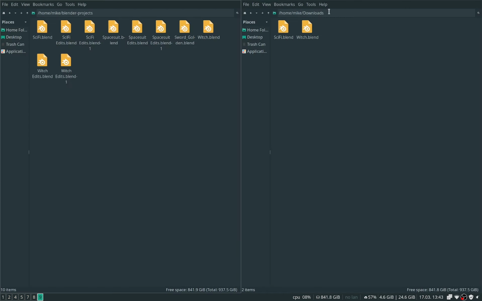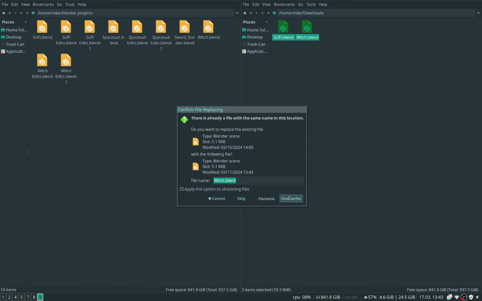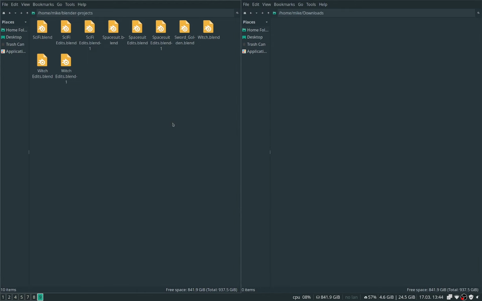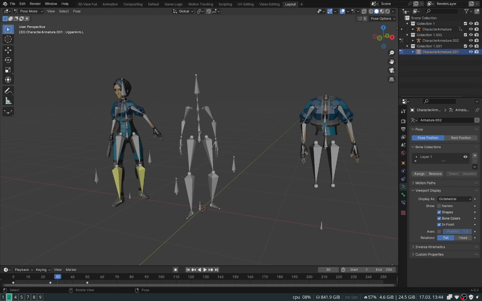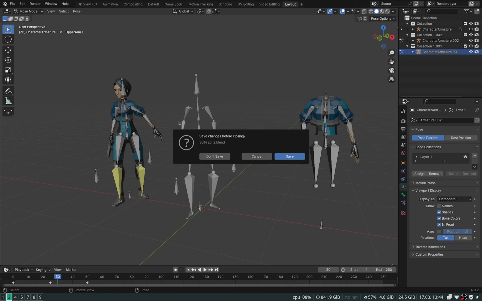Then you're going to go to your downloads folder or wherever you downloaded them. And if you want to move them over to somewhere, for example, I'm going to move mine to the Blender projects folder for me. And I'll just overwrite those because I already downloaded this before. And then we're going to be able to open these in Blender. So we'll head over to Blender, and we are going to open